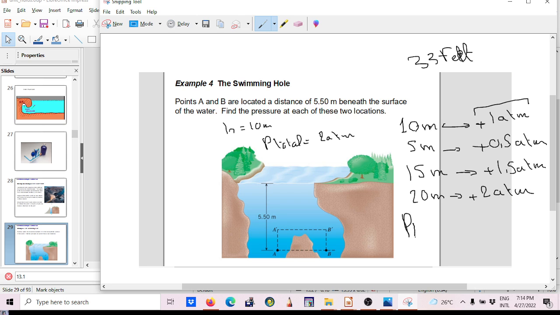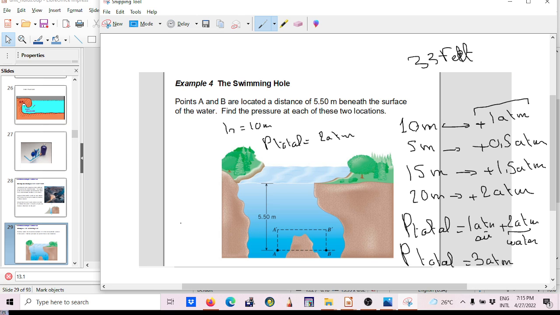So the total pressure at 20 meters is going to be the 1 atmosphere from the air plus 2 atmosphere from the water. So if you dive at 20 meters below the surface, the total pressure is going to be 3